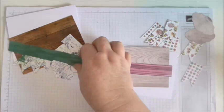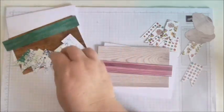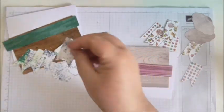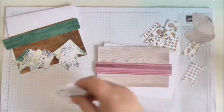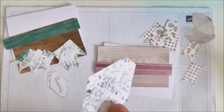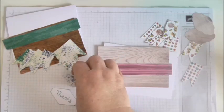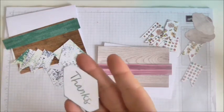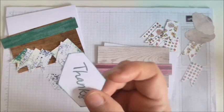For this one, the male one, I've used Tranquil Textures, and I've used this green for that, and I've used a couple of different papers from the same stack to make my little tabs, exactly the same as I made those. They're 2 by 1 inch. And then for the male one I've just used the tailored tag punch, and I've just punched out a couple of this design for a background, and then onto white I've just stamped using Tranquil Tide. I stamped the word thanks, and that's from Thankful Thoughts stamp set,